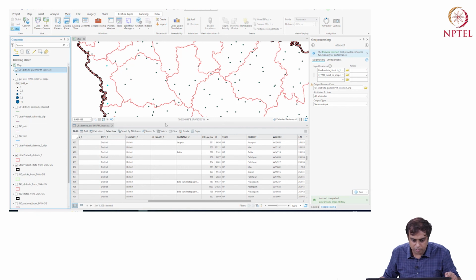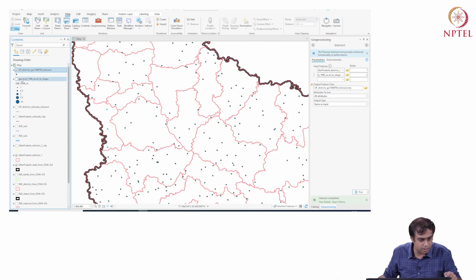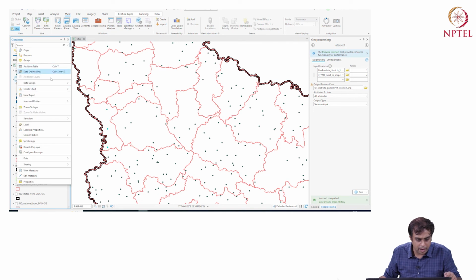For some reason, I'm not able to find the selections in this. I'm just thinking whether they may be in another attribute table.